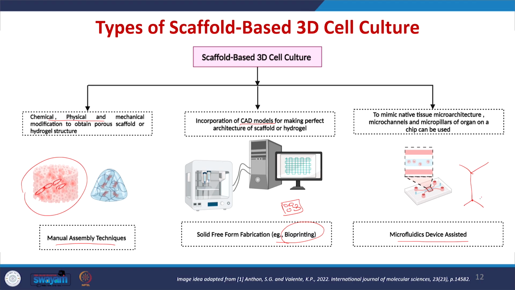and these microchannels can act like a kind of blood vessels. For example, if you want to test whether a particular drug is toxic to the liver or spleen, we can have the liver cells and add the anti-cancer drug, and this can go through the microfluidic channel. If it is killing the liver cells, then we can say this drug is toxic to the liver. So this is scaffold based 3D cell culture.